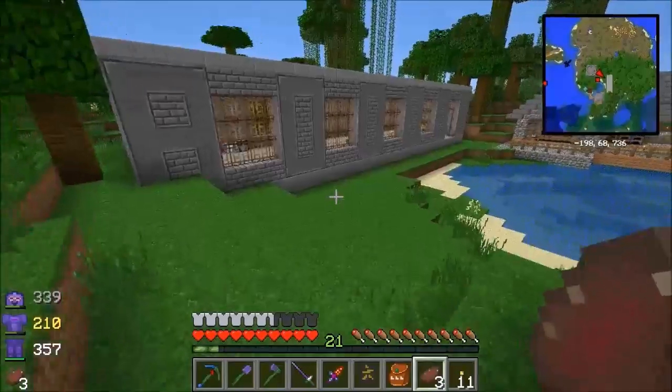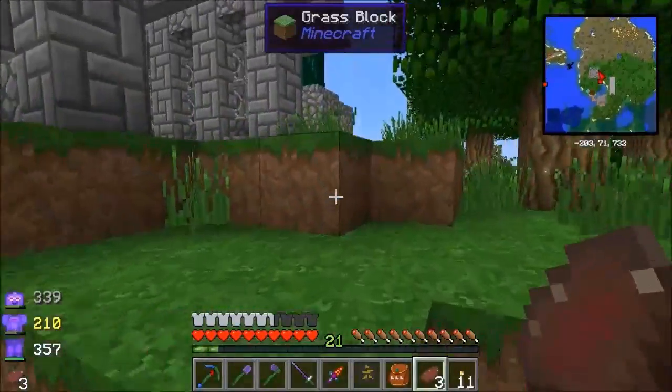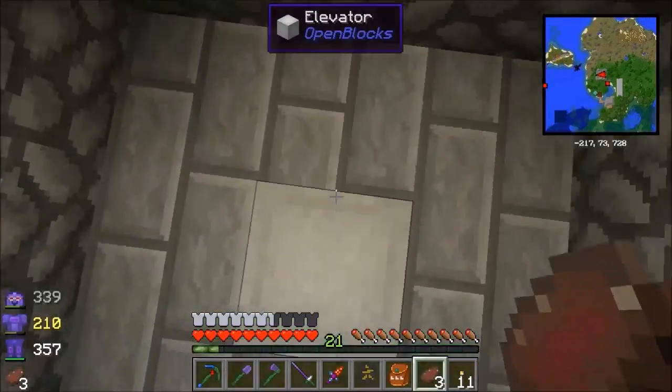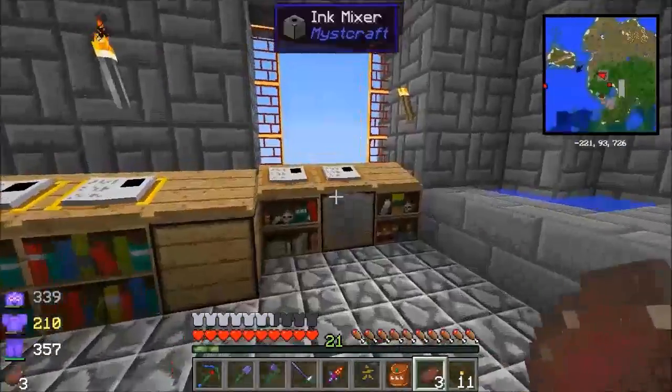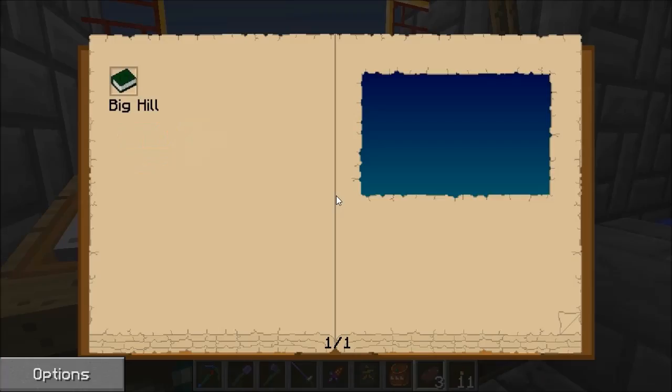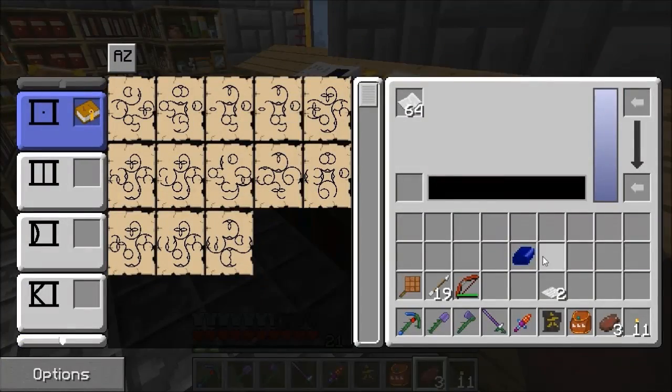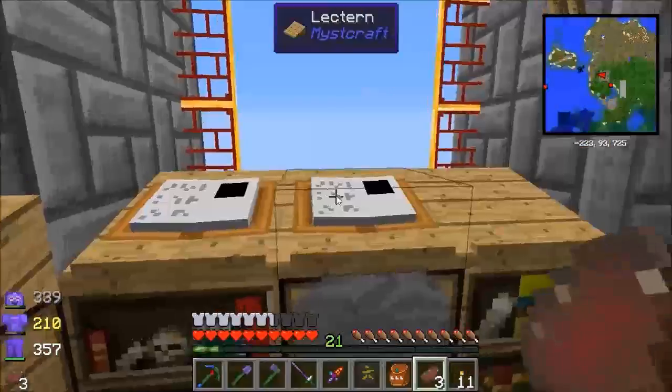So let's head into the Twilight Forest, and actually want to go in from there, don't I? So what we finished with last time was we went into the Twilight Forest. I think I mentioned renaming these books, didn't I? You just rename them in the writing desk there, you put them in the slot there, you can rename them, then just take them back out and then they carry that name. So we're going to our hill, and you see from last time,